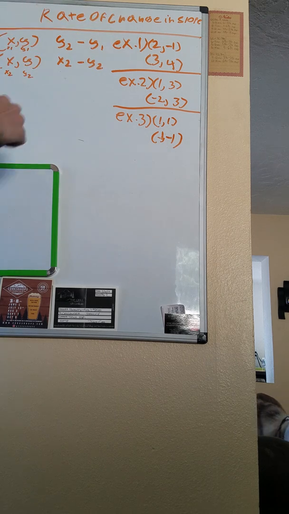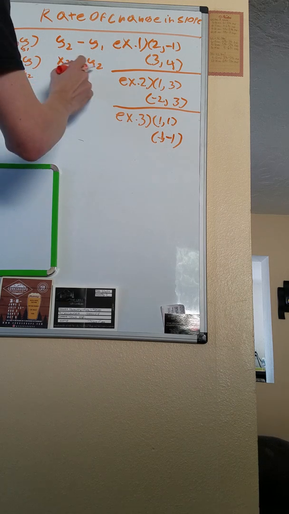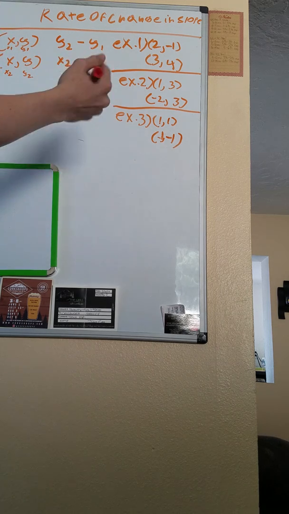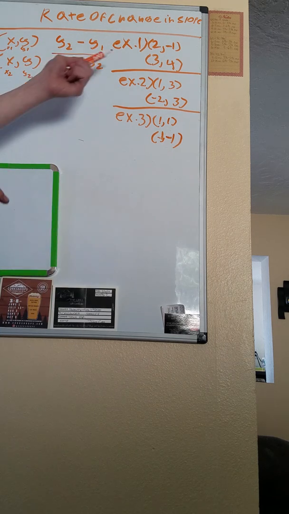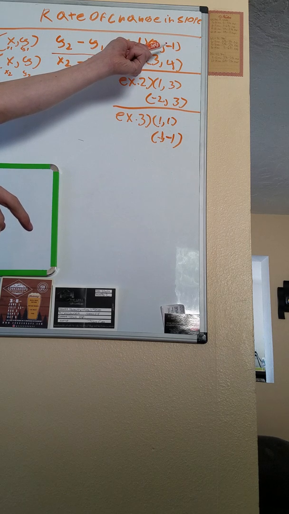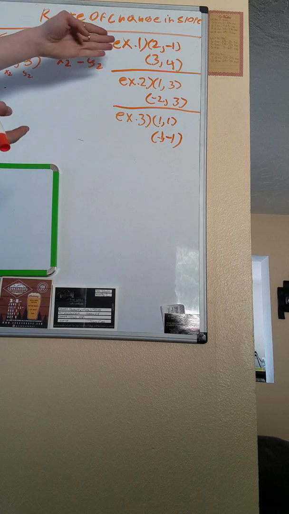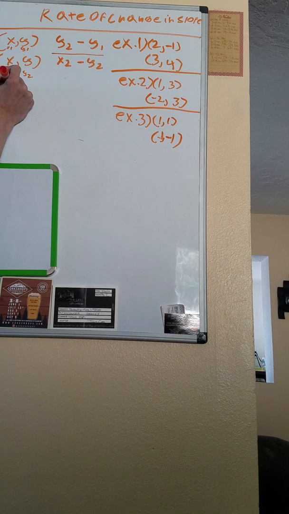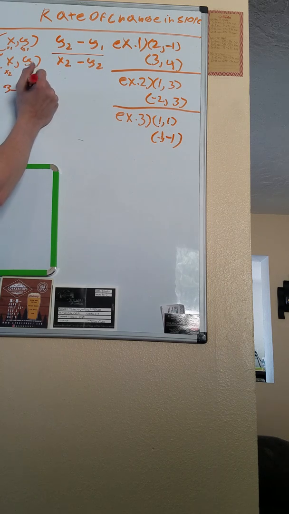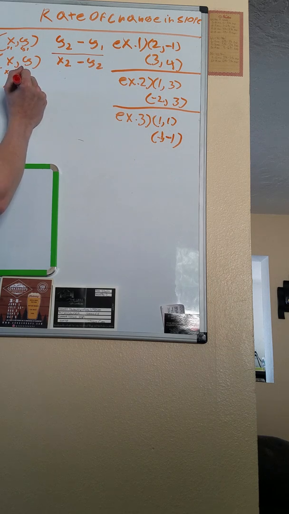And how to solve it is you're going to have y2, which is right here, minus y1. Then you have x2 minus x1, and then you put it over each other, like that. So for example one, we're going to grab x2 first, which is going to be 3 minus 2, over